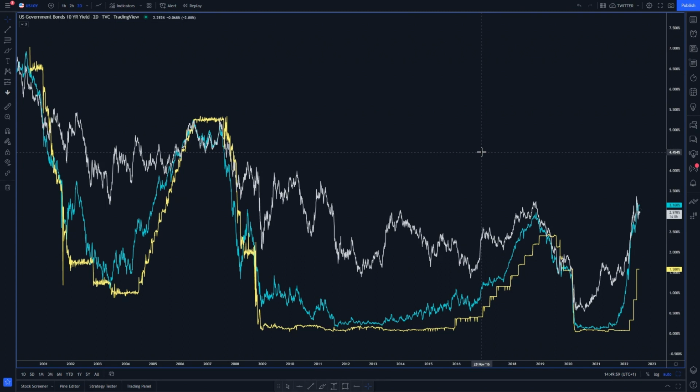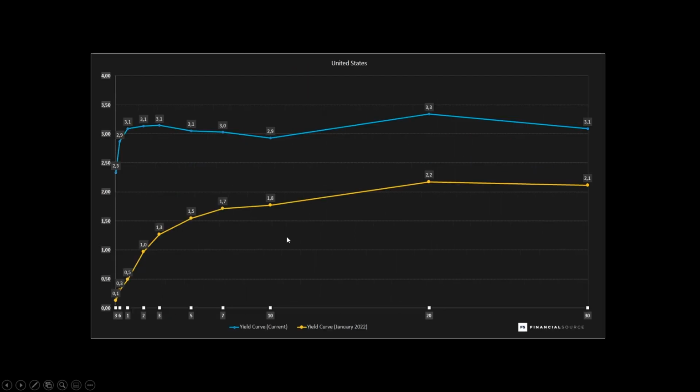But you will often hear us say that a central bank controls the short end of the curve. So what do we mean by that? If we take a look at this quick yield curve chart, let me just grab that on the screen for us. This is just a basic example of the US yield curve. The current one is in blue. The one from January is in yellow. Now, what we mean when we say the Fed controls the short end of the curve, this part over here,